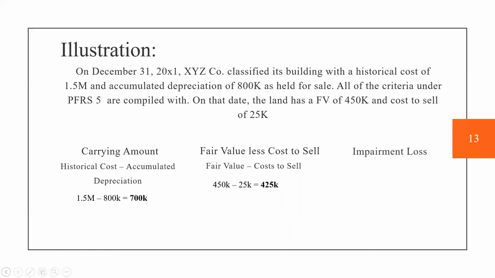Next, i-compute natin yung impairment loss noong 2001. And we can get that by subtracting the carrying amount to